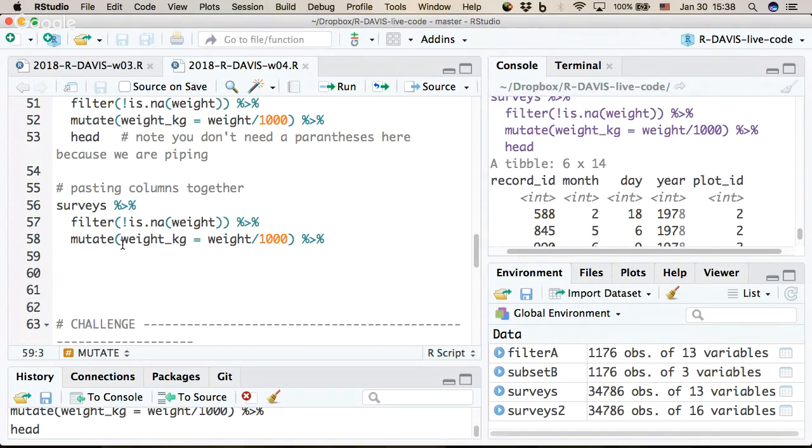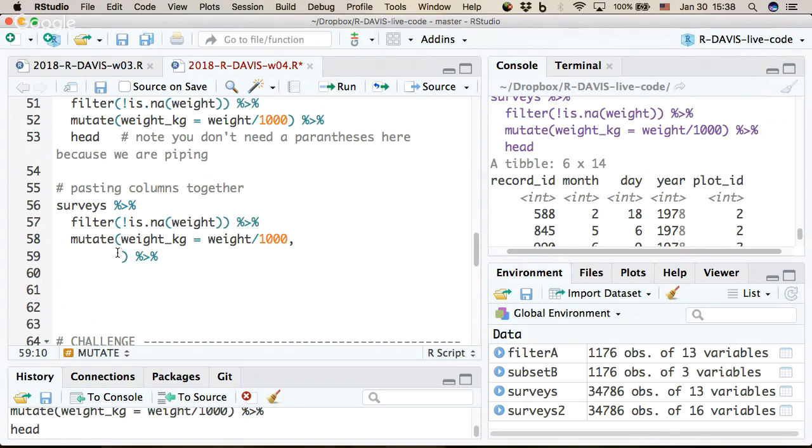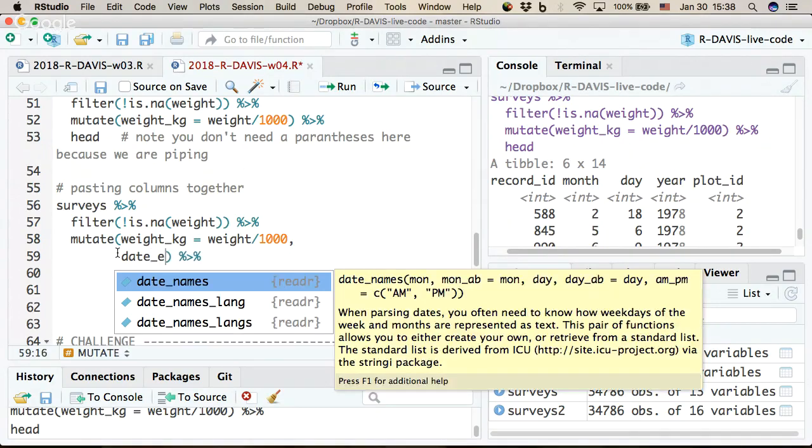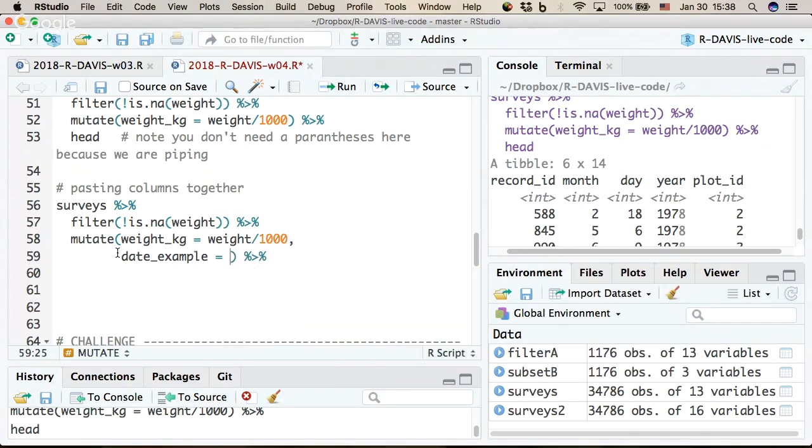So when you bring that back into R, one of the things you might want to do is paste those together, which is where mutate is really a good tool to do that. So if we wanted to make a date column, I'm going to call it date example, since there's a date function. So we can use paste, which is basically a way to take anything that we want and paste it together. And so in this case, I want to paste my year, comma, and then here's the part where you might want to add a hyphen in between. You don't have to, but you can. Your month